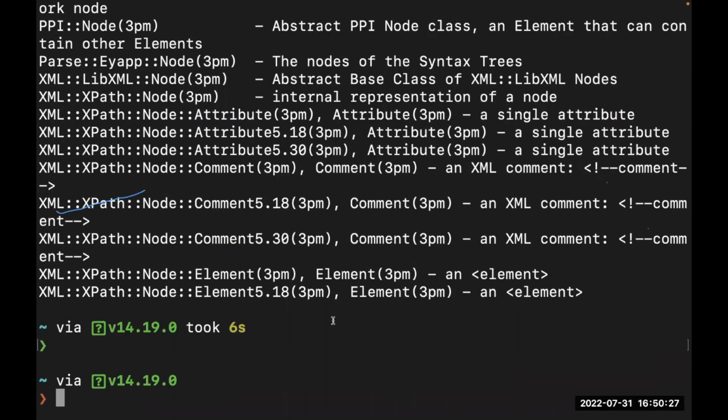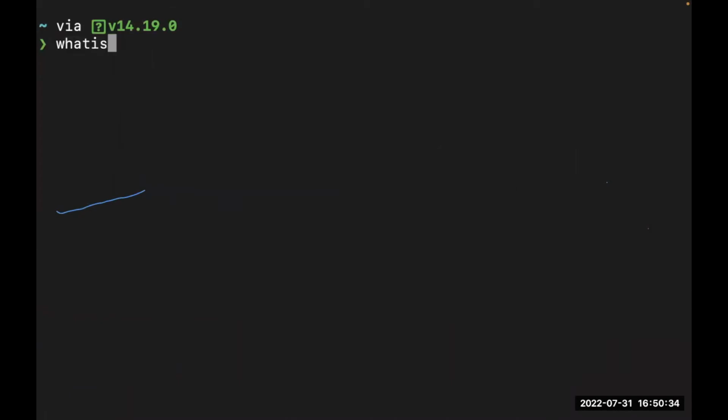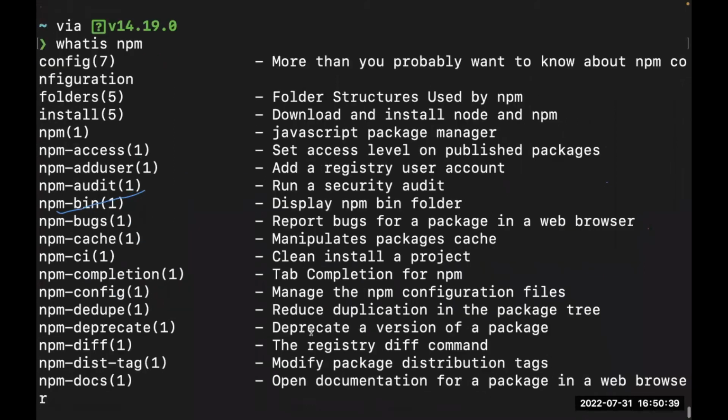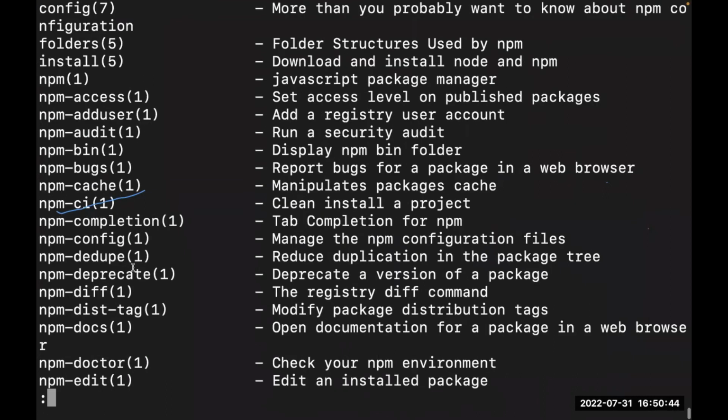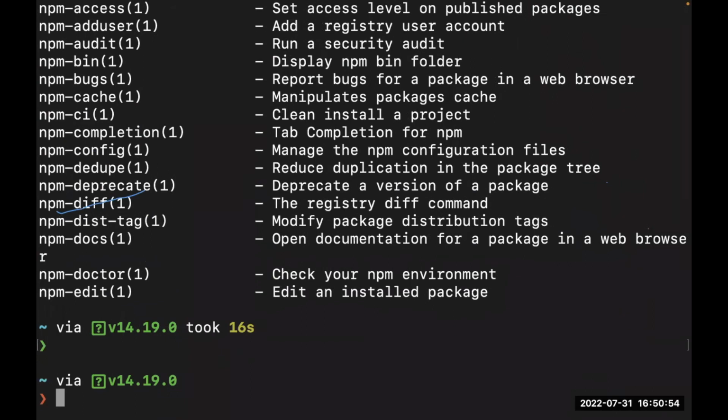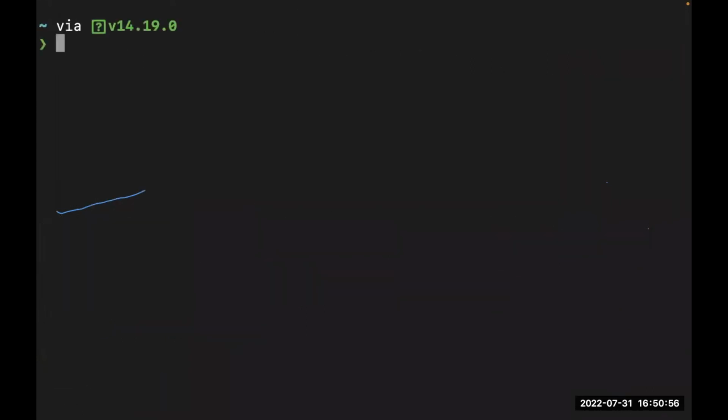I'm going to stop this as well. I'm stopping this command using Control C, just to stop that command. I'm going to clear this again, and I will say what is npm. For those of you that know what npm is, you see it's giving you details about npm, npm bugs, a couple of things that you probably don't know exist in npm, and there is a better way to also access this help page. So let me quit. I'm going to clear this right now, and that is the what is command. So we also have the help command.